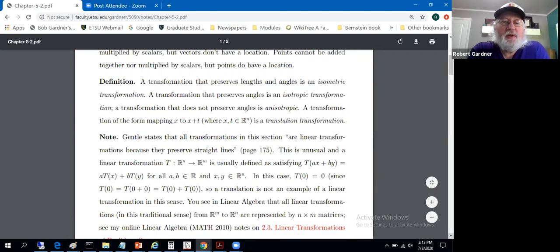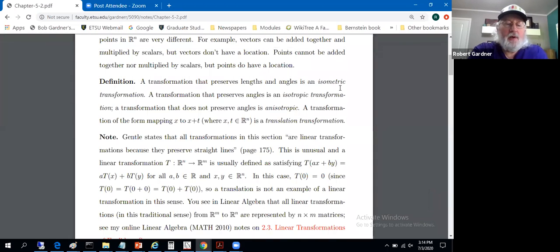All right, we're going to look at some particular kinds of transformations. A transformation that preserves lengths and angles is an isometric transformation. This word isometry may appear in some other settings, literally meaning same measure. So it's a distance preserving mapping, maybe when you encounter it in terms of analysis, depending on what the space